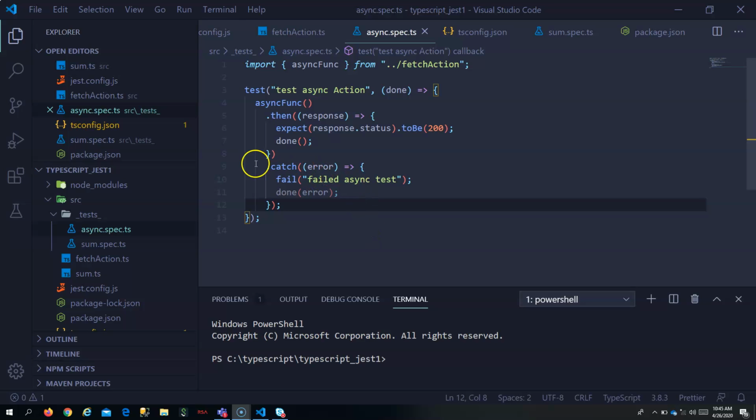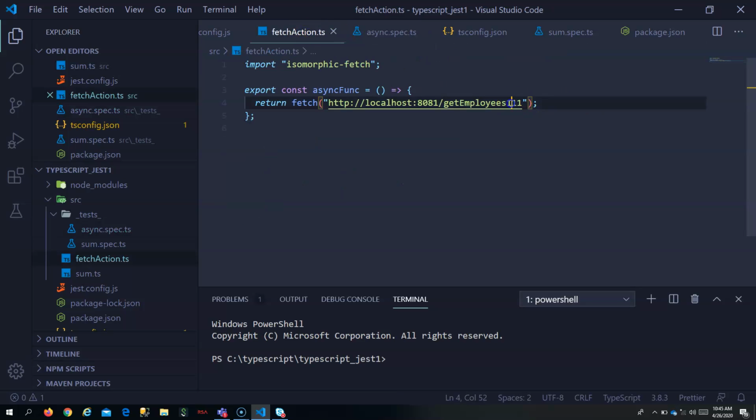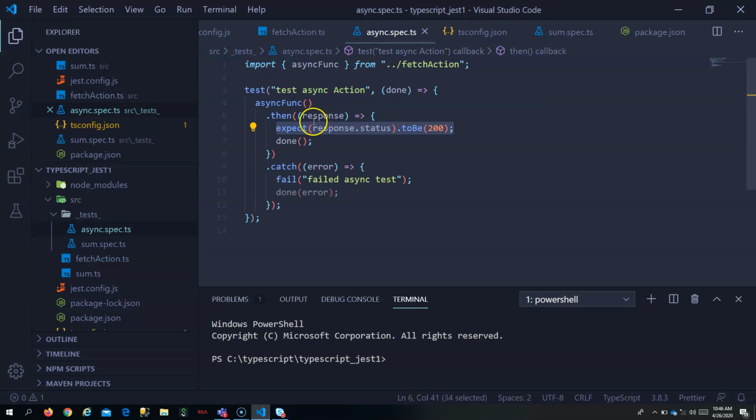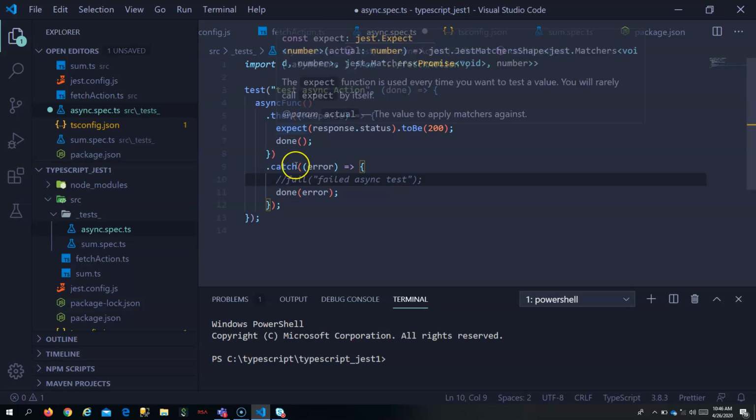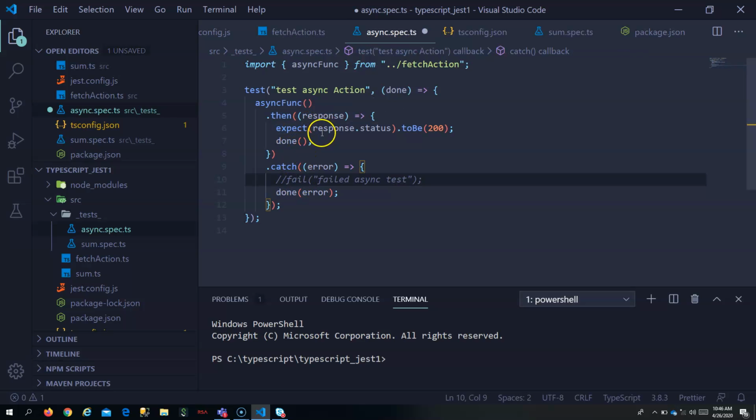Just understand, this catch comes whenever any condition fails in the then. Since we have given a URL which is not present, this expect condition will fail, so it will come to the catch, and there is no need to fail the test again, it has already failed. Now this catch comes with the failed error condition.